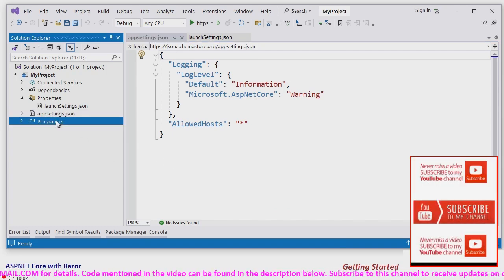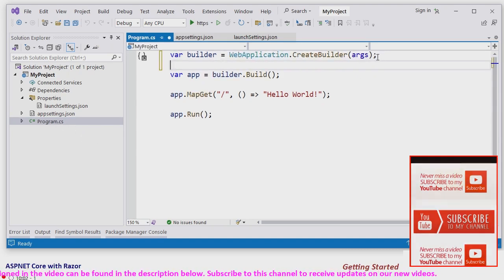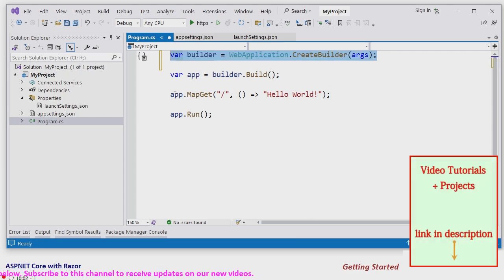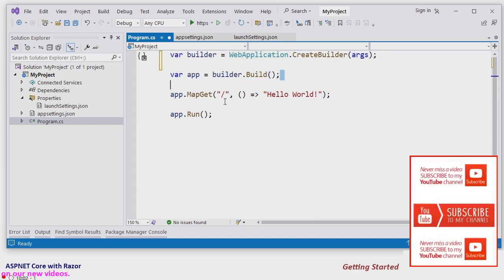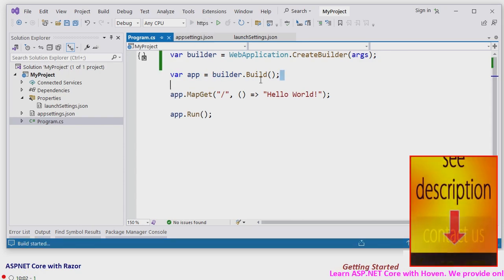And now let's come to the Program.cs file that has been created for us. In this case, the CreateBuilder method creates a builder object. So we'll see that it's sort of magic. Then we build the app, and for this MapGet root, this will send a hello world string to the output. So let's run it,